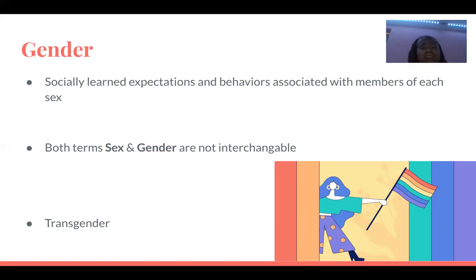So gender is socially learned expectations and behaviors associated with members of each sex. With this topic, I just wanted to go into depth about the difference between sex and gender, and how many people believe that they're interchangeable. Sex and gender are not interchangeable. Sex is the biological parts that you were born with. If you have the biological sex parts of a male versus the biological parts of a female, there's no denying biology. But gender roles, in regards to who works versus who takes care of the children, those are all